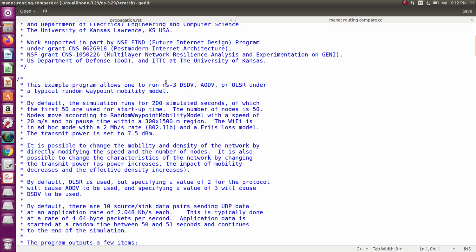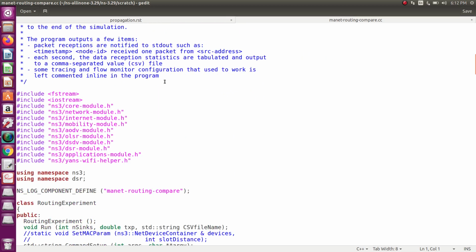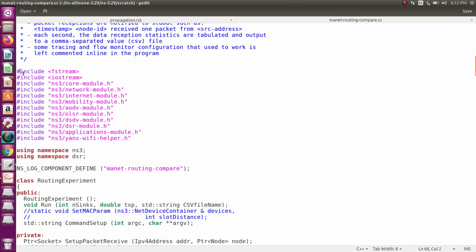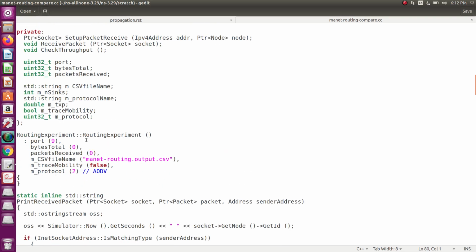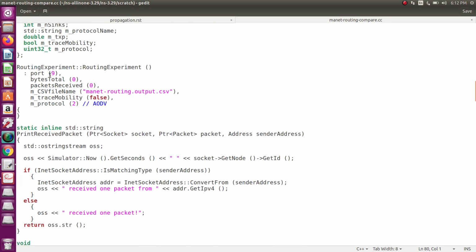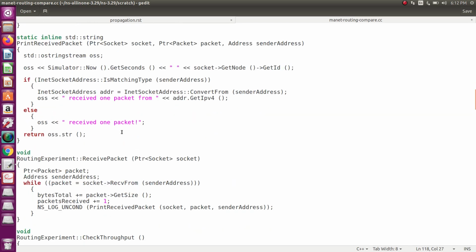In the program, these are the header files used for the MANET routing protocols. Then we are using port number 9, which is a basic thing. By default we are using protocol number 2, which is the AODV protocol.